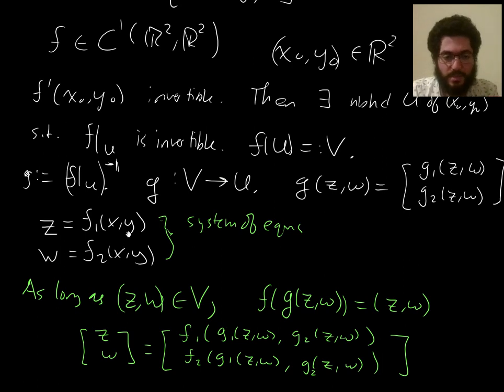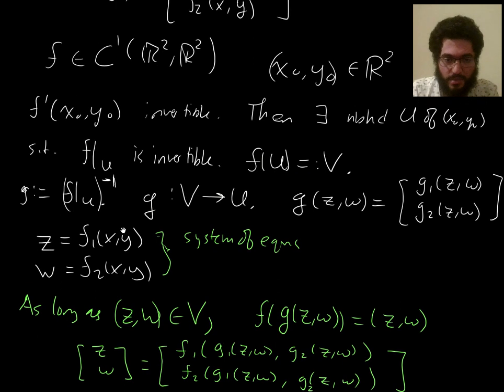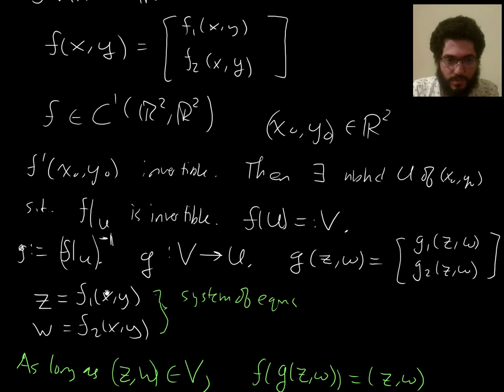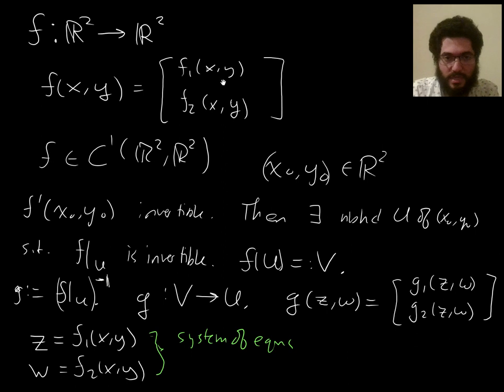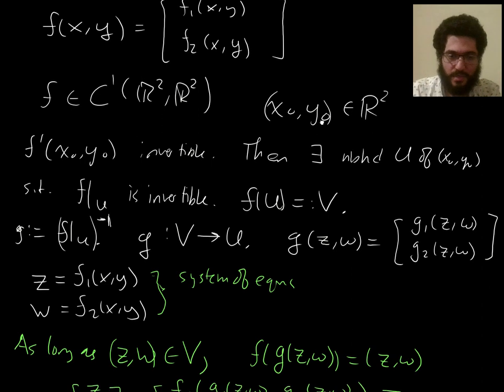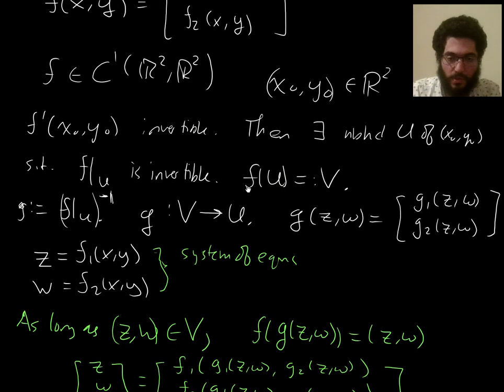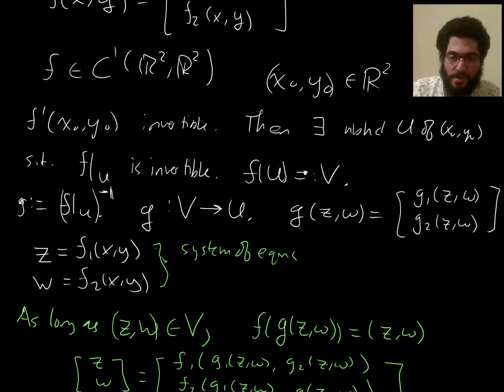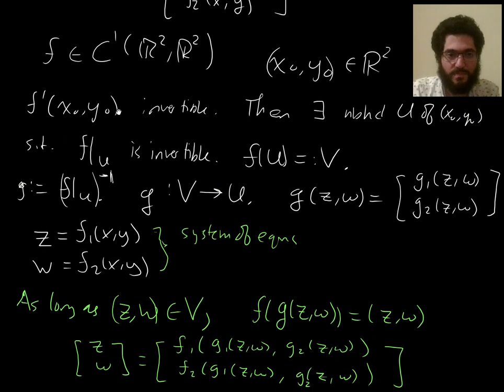So how to put this? Where did we start in this development here? We started with the system of equations, which is the information contained in this function f of x, y, two equations with two variables. And we had this one center point that we were focusing on. So this two-tuple, x naught, y naught. And while U will be a neighborhood of x naught, y naught, in the end here, V will be a neighborhood of the image under f of x naught, y naught. And what we're saying is, if you can prove that this derivative here is an invertible linear map,